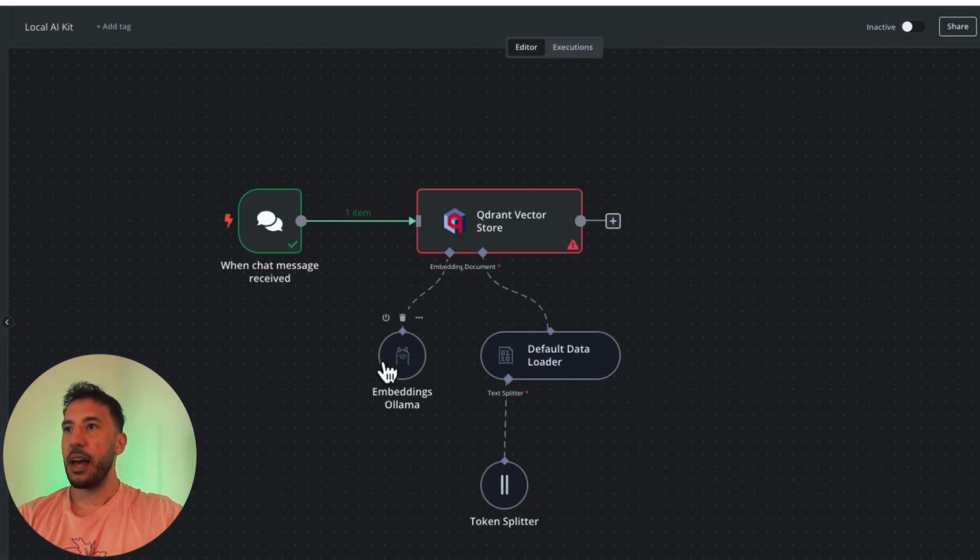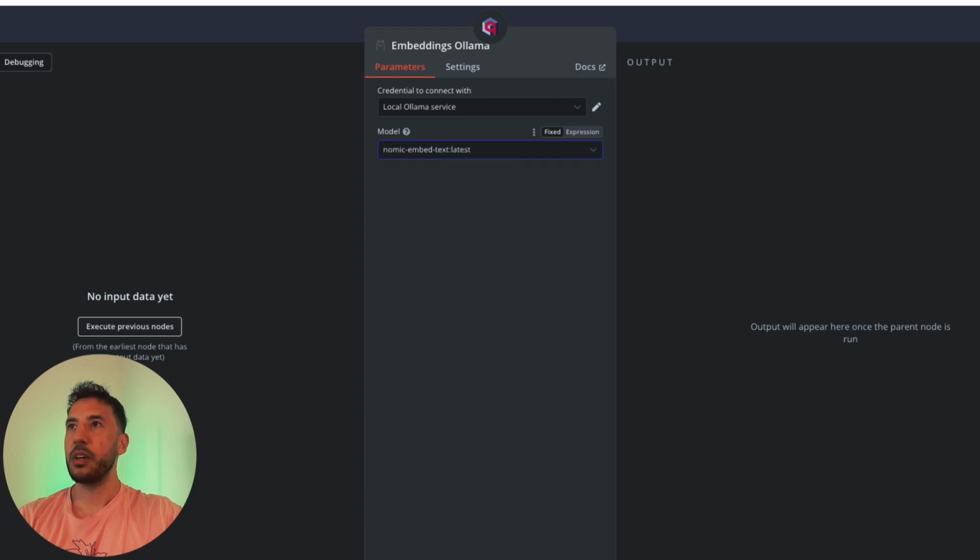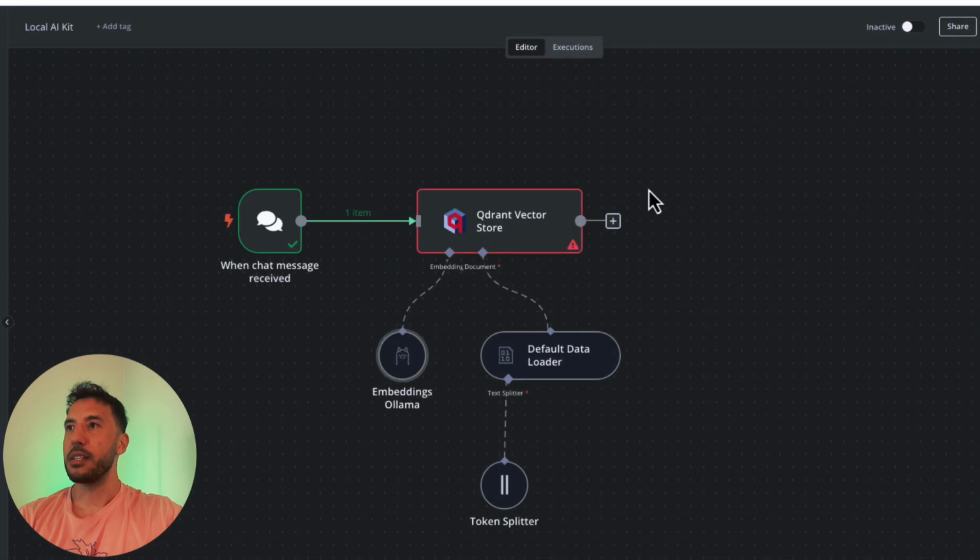So let's go ahead now and select, I forgot to select our embedding model. I know we downloaded all this, but I like this Nomic embed text latest. This is the one we looked at earlier that is said to be more powerful than OpenAI's embedding model. So I'm just going to select that. It's a smaller one because the memory in my computer is not that great. So that works well, but again, you can select whatever you want.